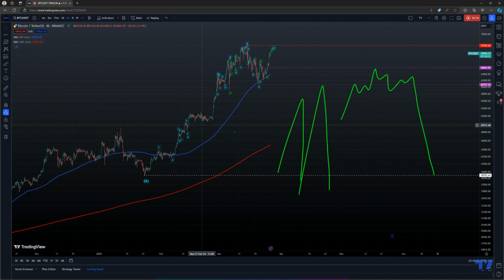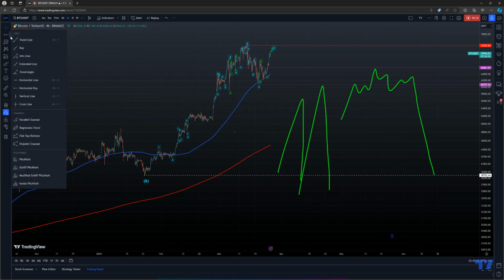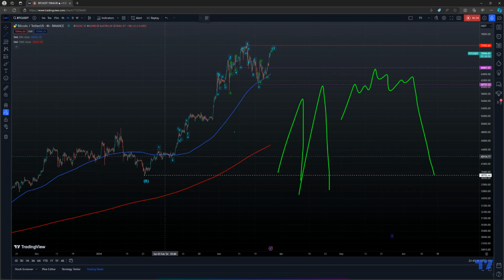but sometimes wave Ds expand to the point where they look impulsive. And I tend to be very wary of those, especially when you see this type of insane movement. You might say that that looks complete, but that might not be true. And one last thing I'll mention on that is that, let's just say that we did have a wave 3 completed up here. Would you say that that's a complete 5 wave move when you have this type of thing going on? You got to use your logic.